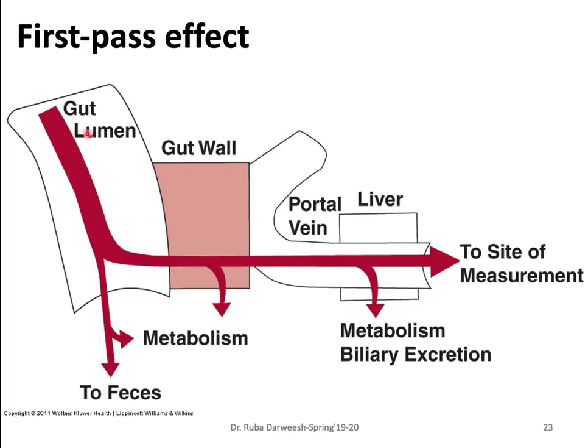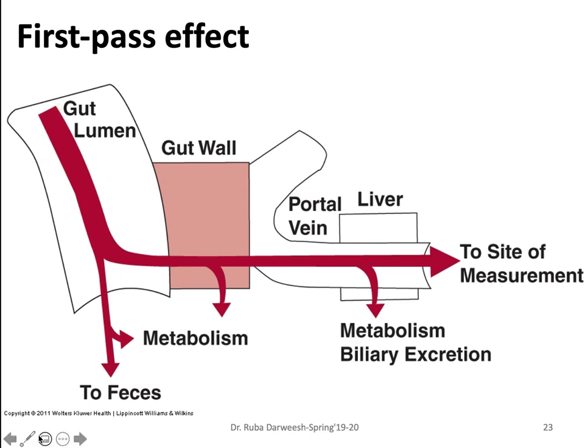Let's consider that we are talking about oral extravascular. So we have the lumen here, we have the cells of the gastric cells or the GI cells in the wall, we have the portal vein, and then we have the liver. The portal vein will carry the blood to the liver, and then we have the systemic circulation. We have metabolism either in the liver, in the cells, or even in the lumen, and we have excretion to feces here, and we have also excretion to the bile here. So this is a diagram that simplifies the overall